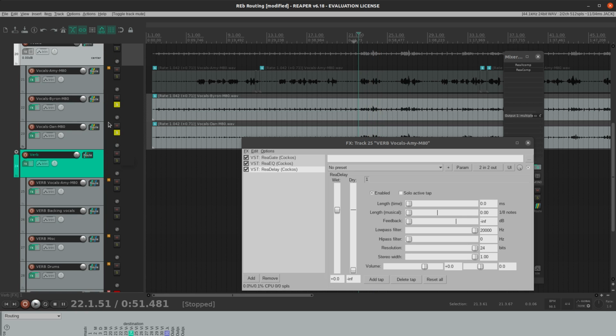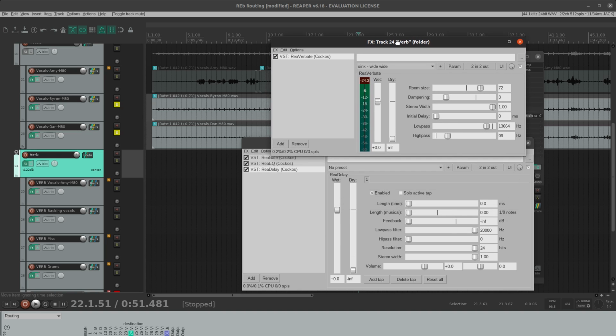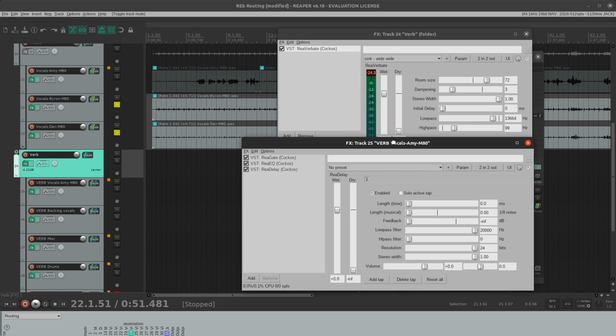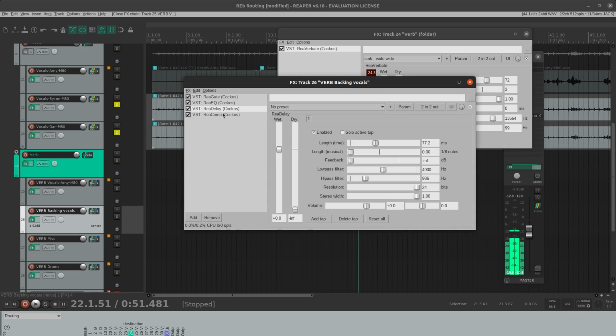Okay, so now what we've done is continue using just this one reverb right here, the same one, just the verb folder. So we're going to close Amy. We're not looking at her reverb settings anymore. Let's go to the backing vocals and open up the effects window, and let's look at the predelay. So what we've done here,